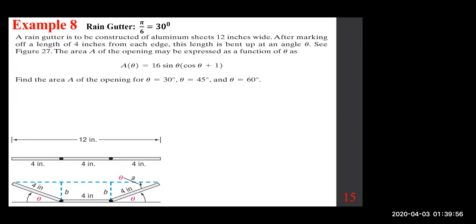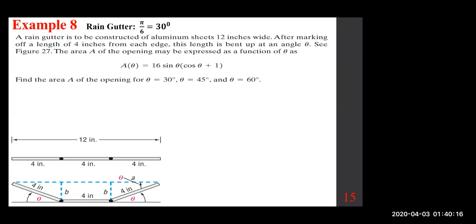A rain gutter is to be constructed of aluminum sheets 12 inches wide. After marking off a length of 4 inches from each edge, this length is bent up at an angle theta. See figure 27 below. The area A of the opening may be expressed as a function of theta as